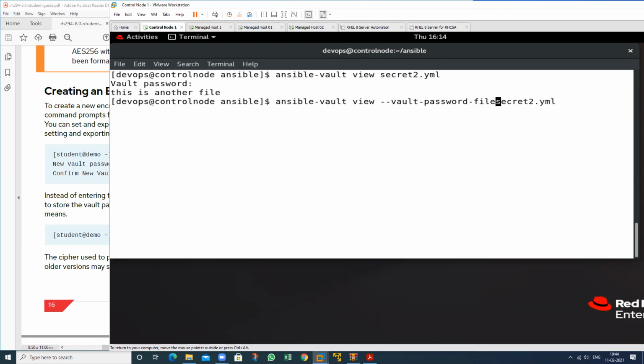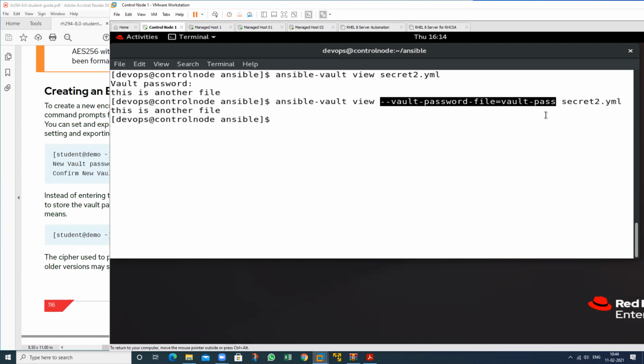So what is my file name? Vault hyphen pass. This is my file name. In this file we have the password, and we want to see this particular file. What is the content written in this one? See this one. I have not applied the password manually, and we are able to see it.